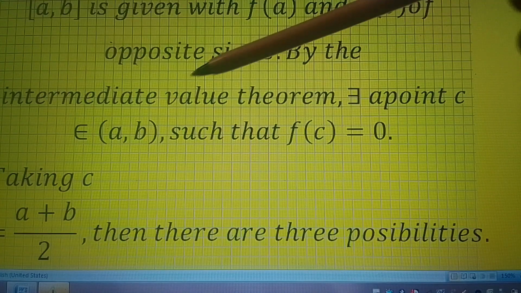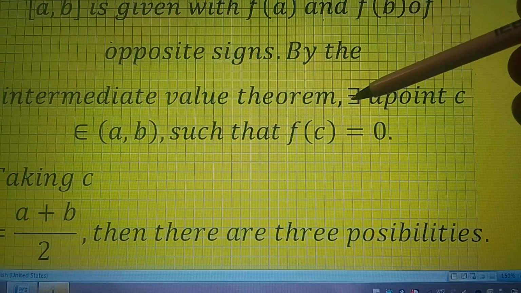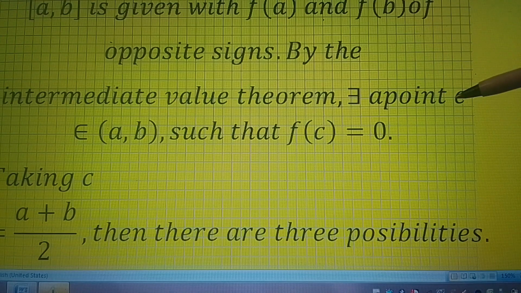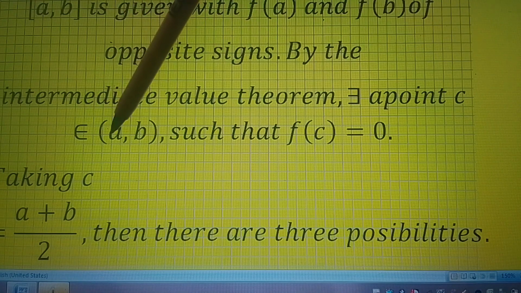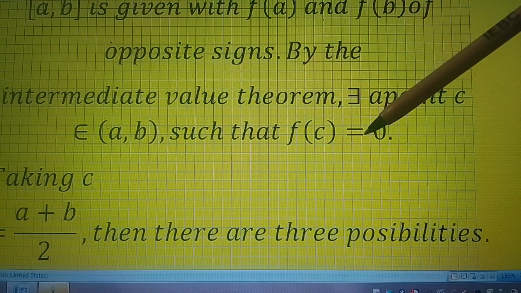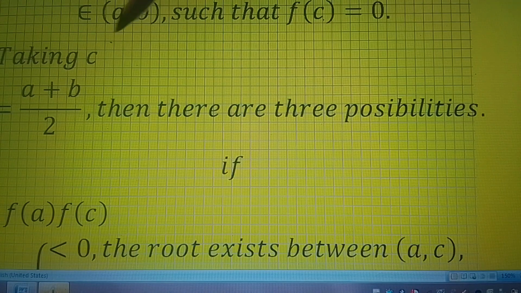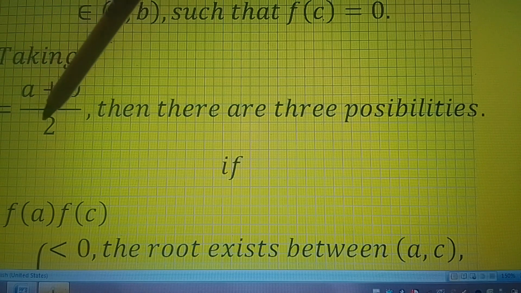By the intermediate value theorem, there exists a point c which is an element of the interval [a, b], such that f of c equals 0. If we take c to be a plus b divided by 2,